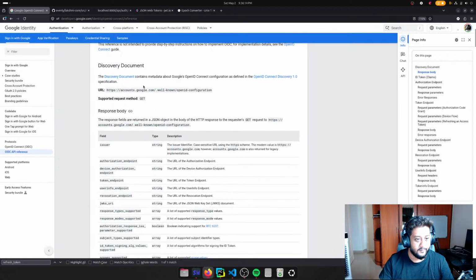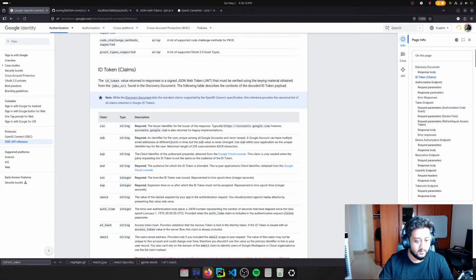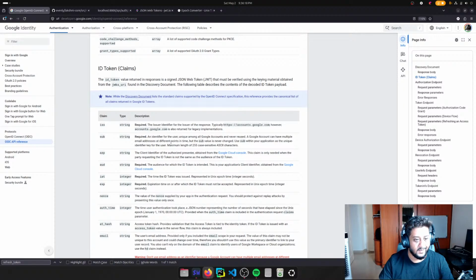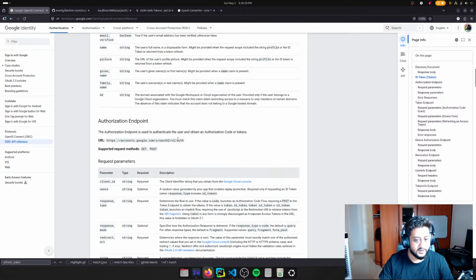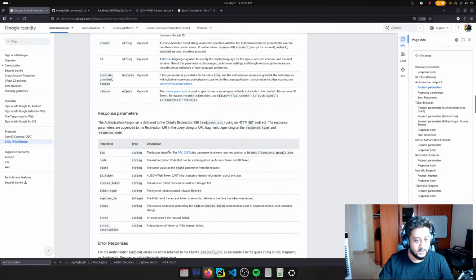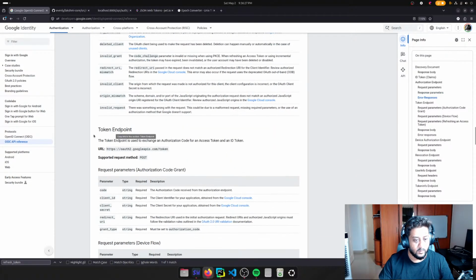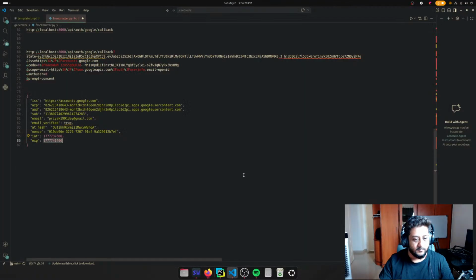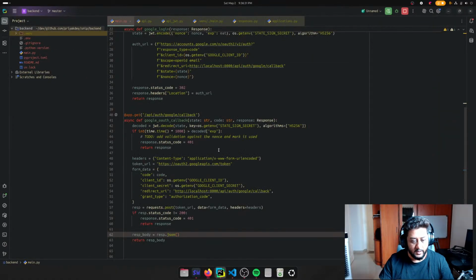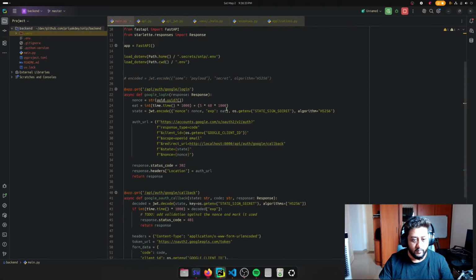API reference. So this is for ID token claims. This is for the authorization endpoint. We already did that. And response, missing user, token endpoint. Okay. So let's do this thing quickly. What we are going to do here is a couple of different things. So the very first thing we're going to do is